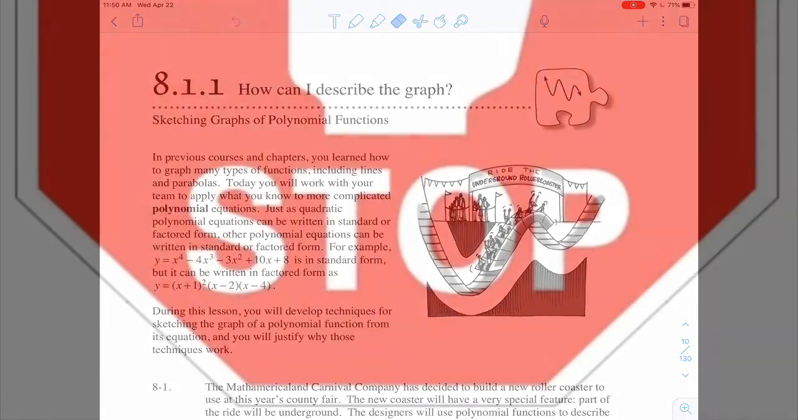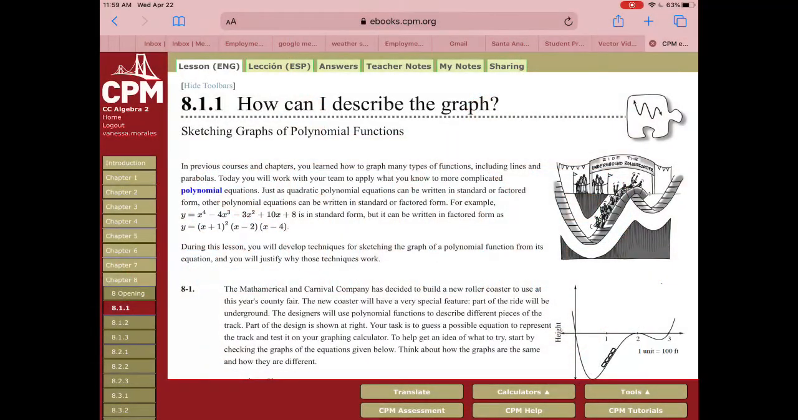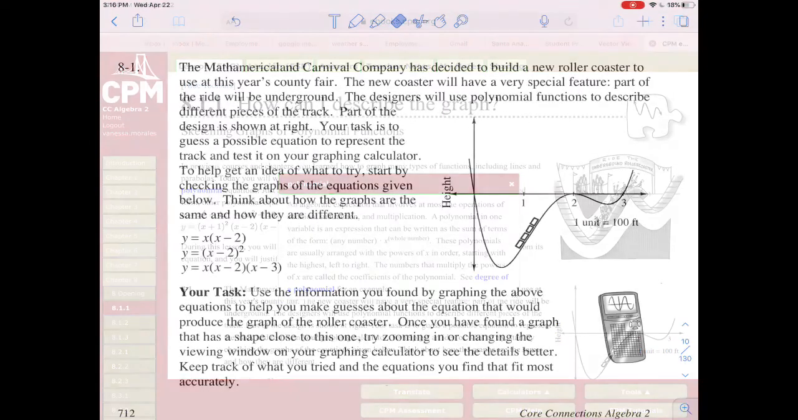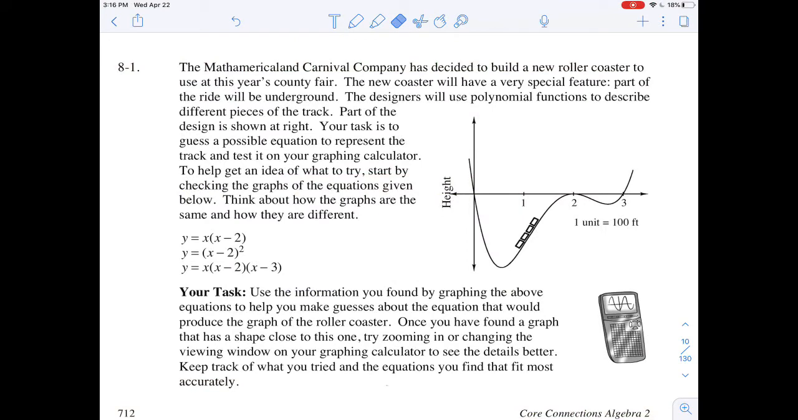It's really important that if you do not remember what a polynomial is, you can click on the word and you can read the definition and see what it means. So Math America Land Carnival Company wants to build a roller coaster. It's really important to know that part of the roller coaster will be underground, so you guys got to take that into consideration. We're going to start off with the first equation given